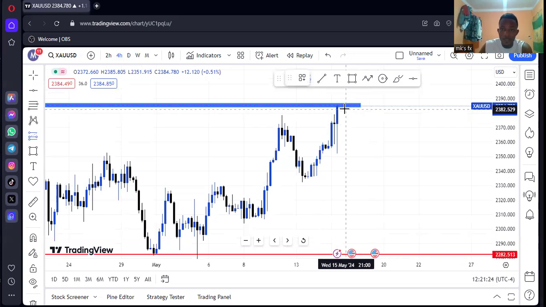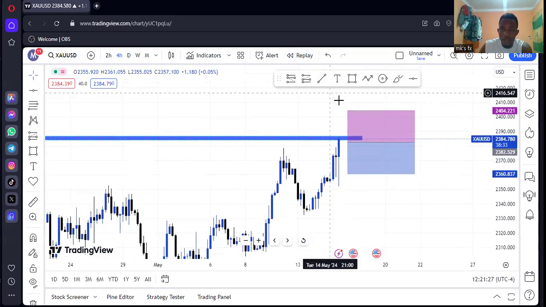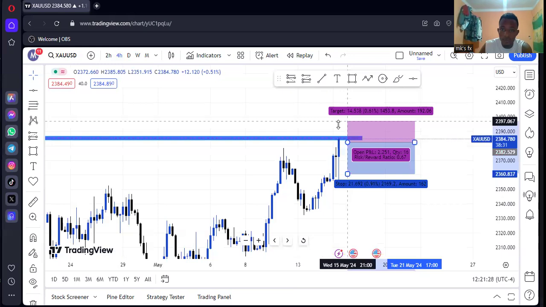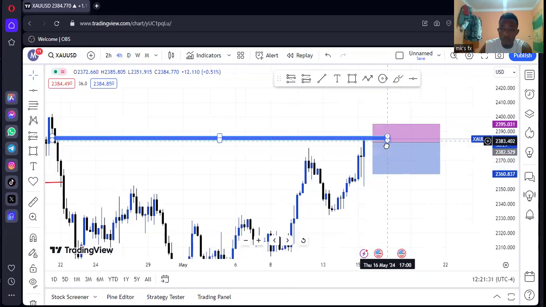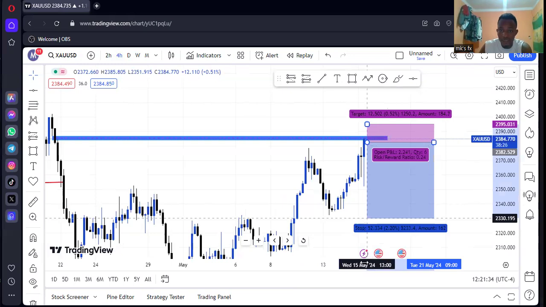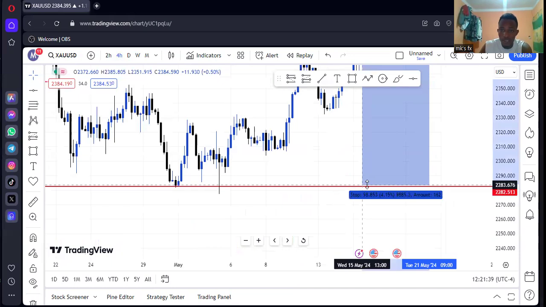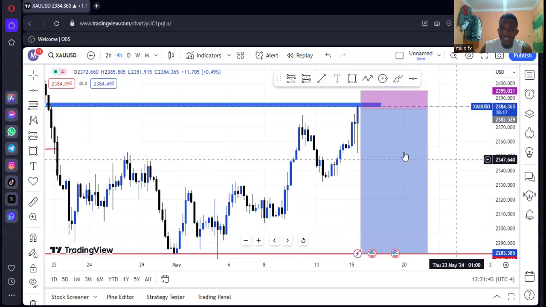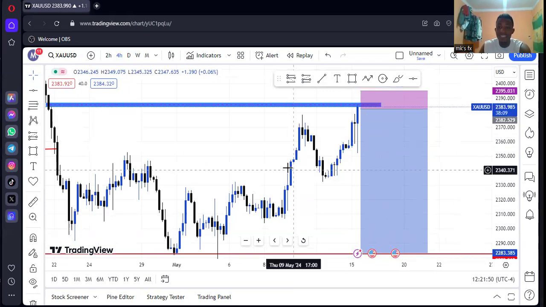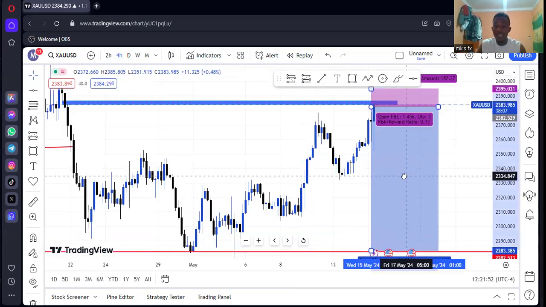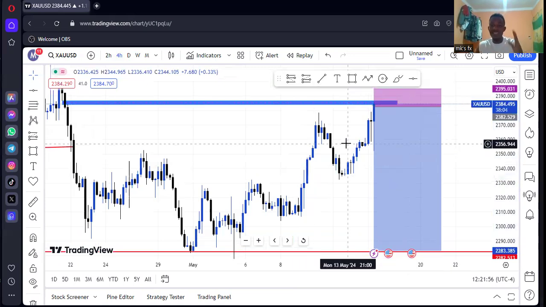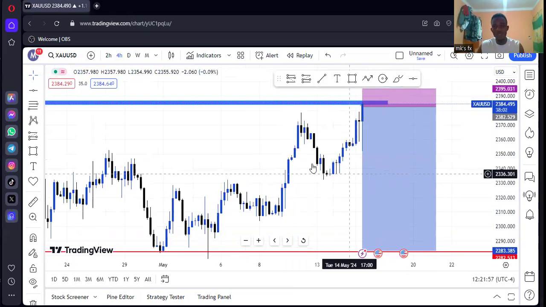And for my sell from here, my stop loss is just above here, something like a few pips. It's gold, so you have a tight stop loss, and then you draw down. So my TP is just gonna be here. You see this, guys? 1:8. And this is about 5,000 pips, guys. This is about 7,000 pips, guys. A lot of money lying here. So, guys, if you're watching this video now, seize this opportunity to take the sell.